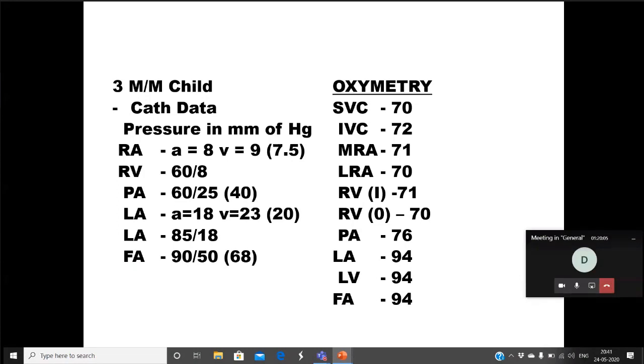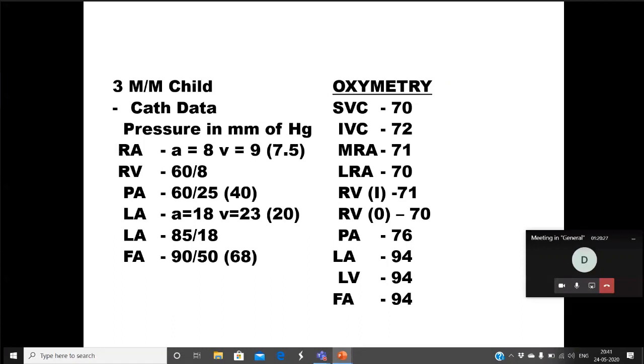So there is no obstruction across the pulmonary valve. Very good. And there is a slight elevation of mean and diastolic pressure, sir. Pulmonary artery diastolic and mean. Yes, there is a moderate elevation of the pulmonary artery pressure. Here, when the systolic pressure goes above 50, you can modify it and include that as a moderate elevation. So there is a moderate elevation of the pulmonary artery pressure.